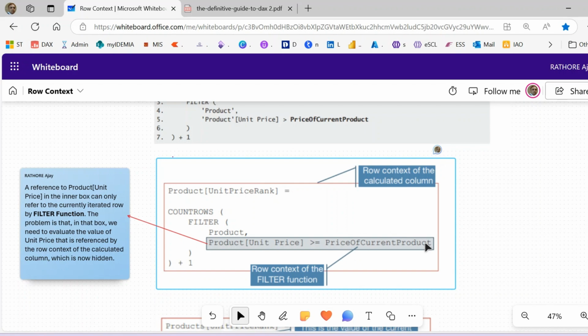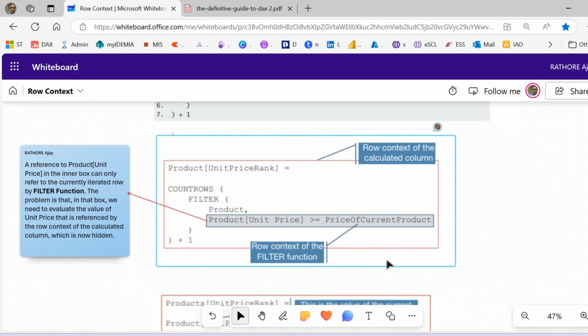And here we need the row context created by the outer row context of the calculated column. So how can we achieve this in the proper way in DAX syntax?